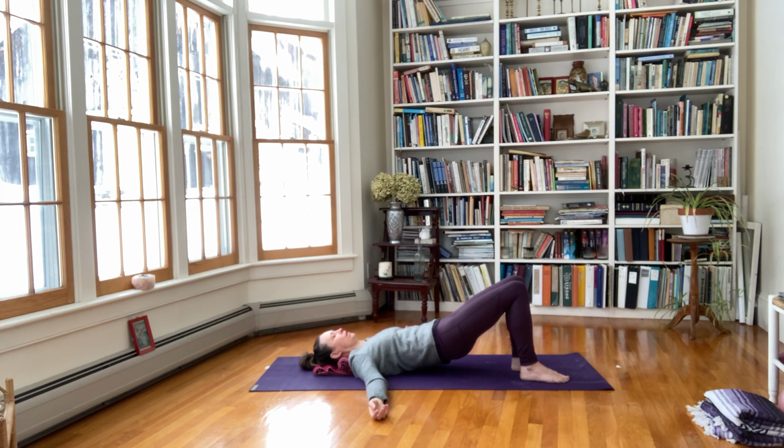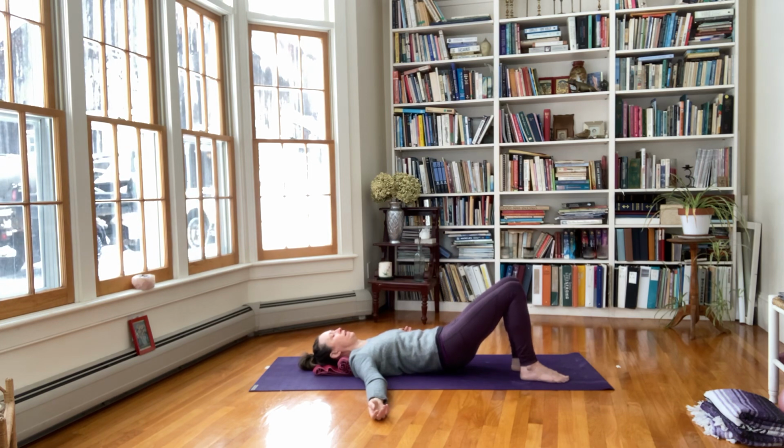And then roll it right back down, scooping the belly and releasing the pelvis back down to the mat. And let everything go. Soften. One more time. Re-engage the inner core. Take your pelvic tilt and roll yourself up, pressing into the feet and finding the length in the front of